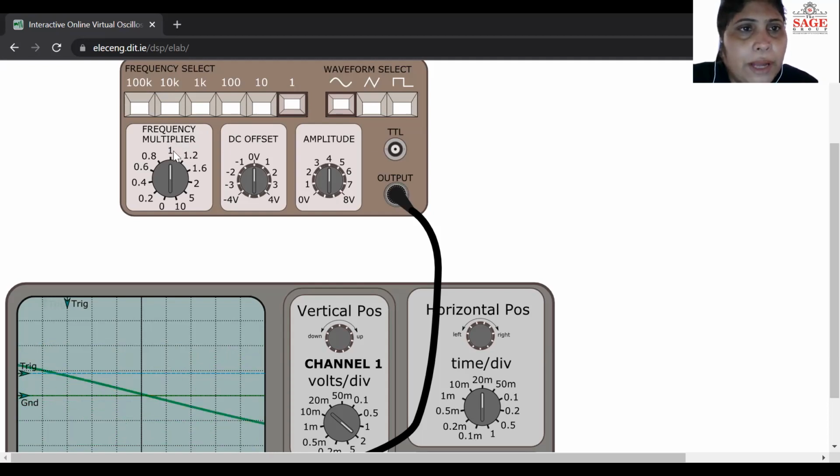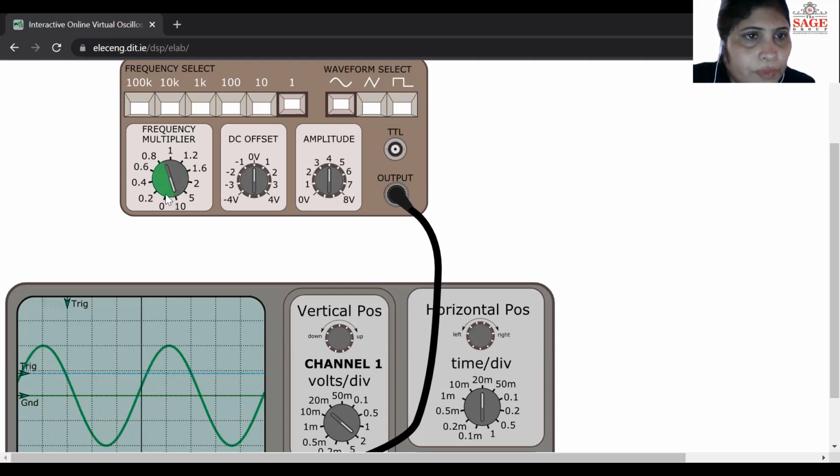Whatever frequency is shown here is multiplied by this frequency multiplier, which gives you the exact value of the frequency. So like I wrote here, 1 multiplied by 1 is equal to how much? 1 hertz. But I want to increase this frequency, so I click on this multiplier, and you can see the frequency is going to increase.